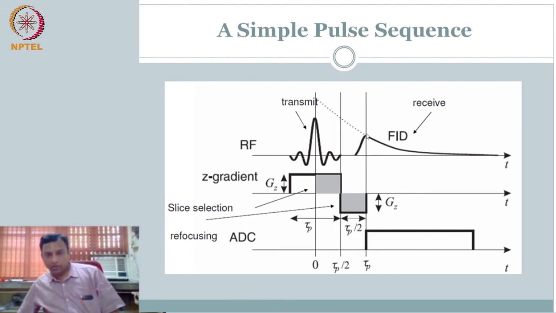Now the signal will naturally start to decay again, the free induction decay, because the excitation is off, right? So it will start to decay, and I'm going to record my signal as a free induction decay. So this is your analog to digital converter. Essentially, you are recording the signal and digitizing it. This is your recorded signal.